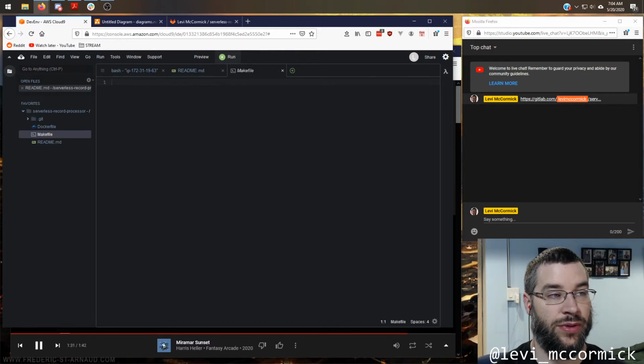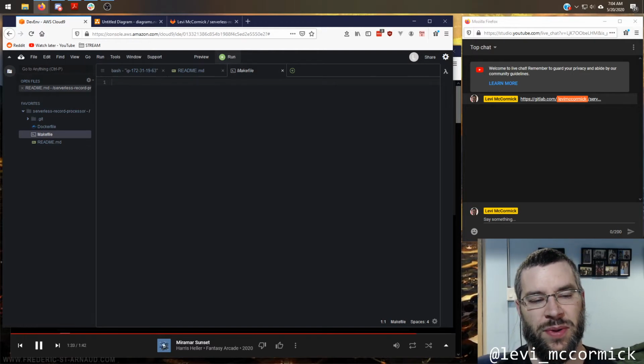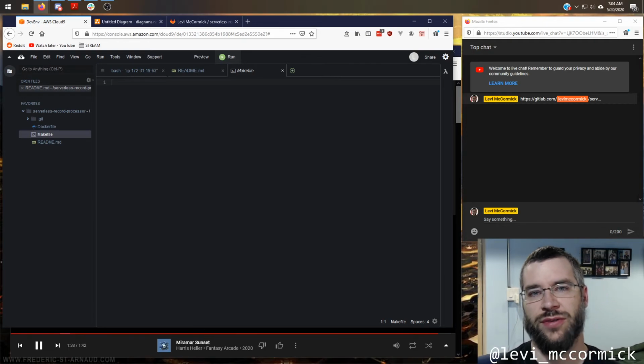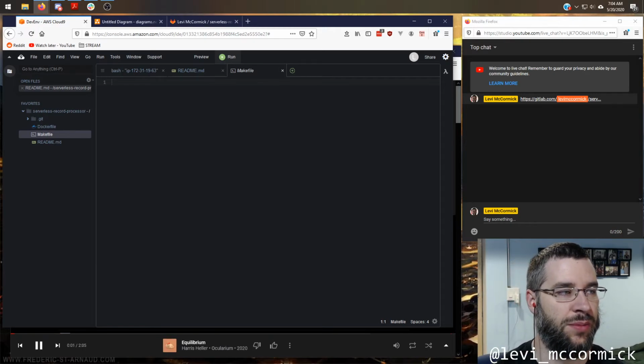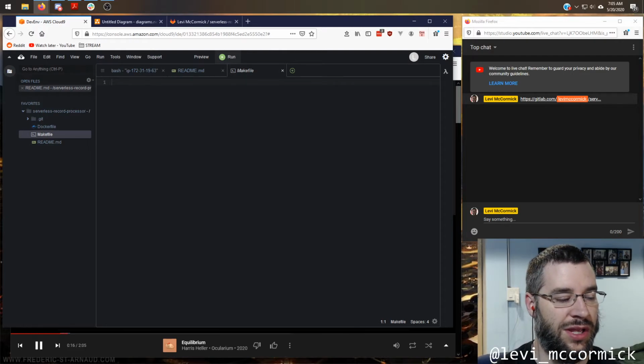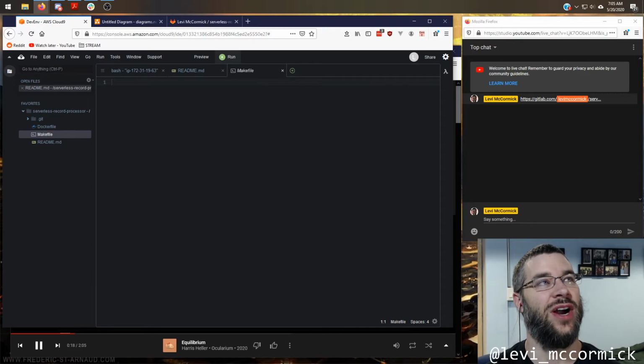I ship a Dockerfile with all of my projects. Depending on what kind of project it is, there might be one Dockerfile, there might be multiples. It really depends. But I always ship a Dockerfile with it because I don't like doing a lot of configuration or customization on my local machine. I've just had a lot of problems with machines, specifically in a workplace environment.